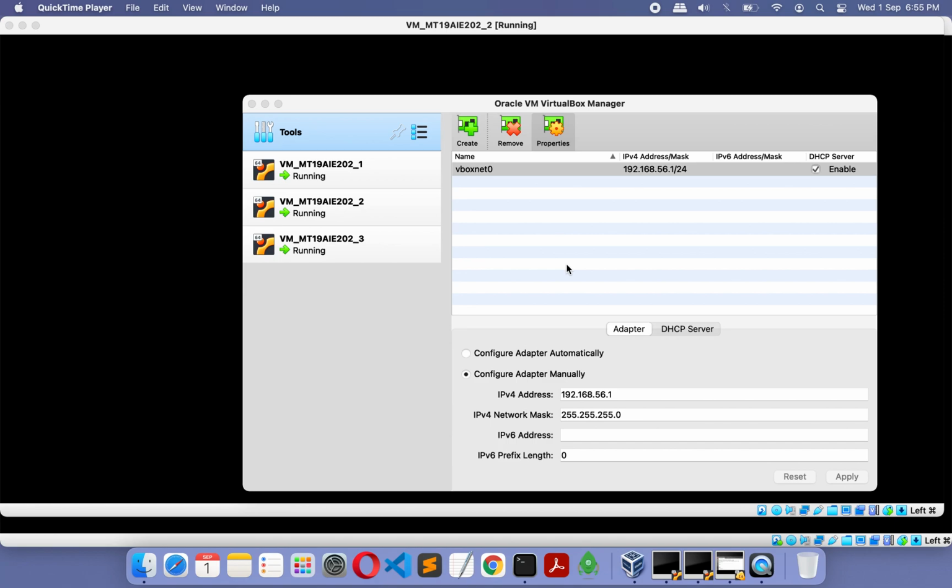This is the host-only adapter that we have created. This is what I was saying: 192.168.56.1. 192.168 is on the same network as our host machine. So just for easy communication, we have set it in the same range.